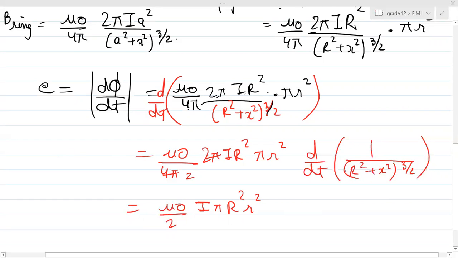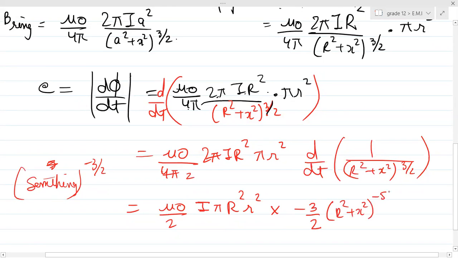Can you see this will be 1 upon x to the power 3 by 2, so I can write it as 1 upon something to the power minus 3 by 2. So minus 3 by 2 will come in the front and it will become minus 5 by 2. So this will be minus 3 by 2 into r square plus x square to the power minus 5 by 2